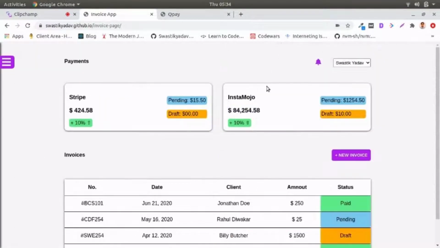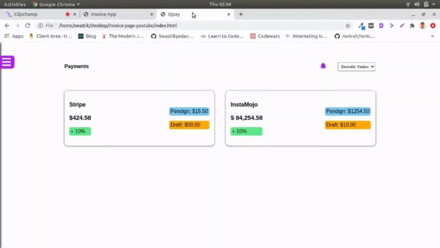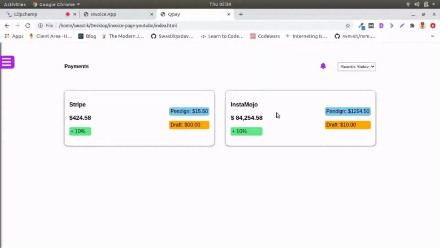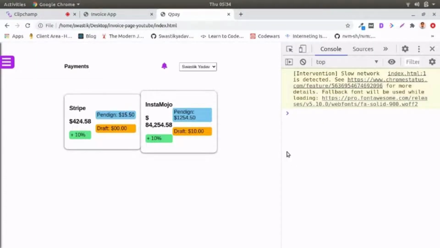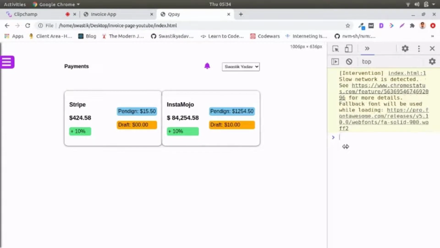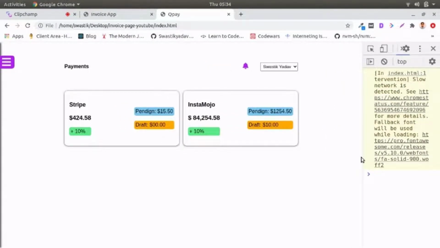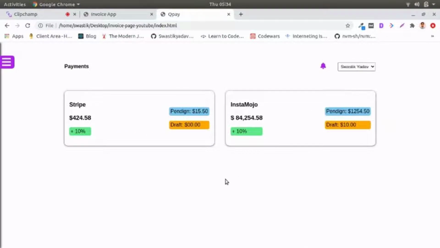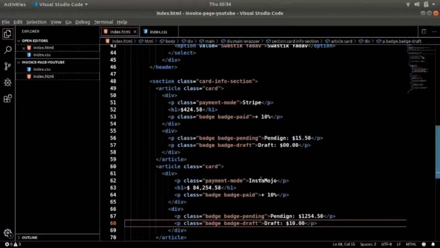You see, cool. Now this is done. So yeah, it's just not responsive, but we will make it responsive. We will be making it responsive pretty soon, so don't worry about that.